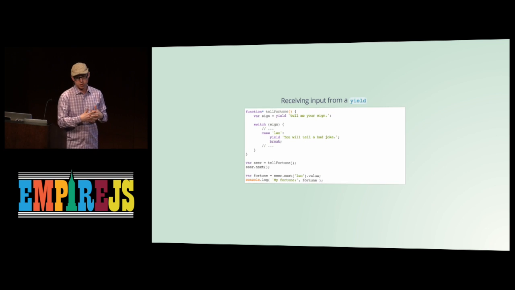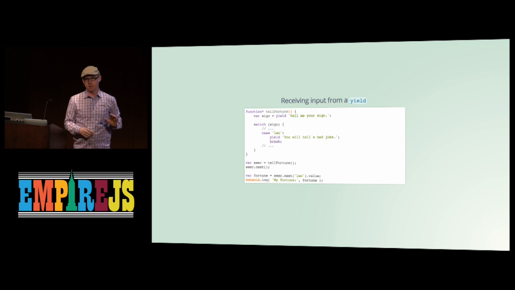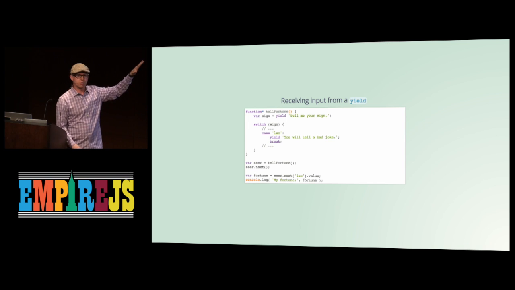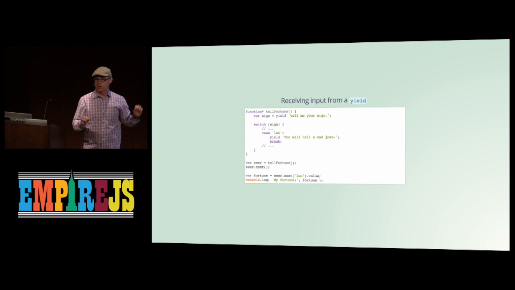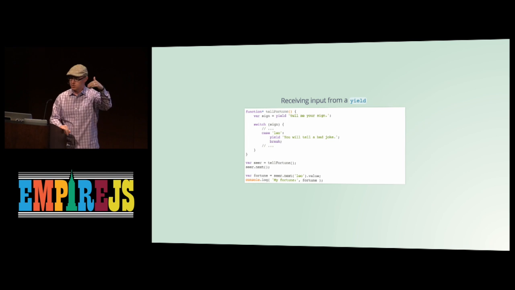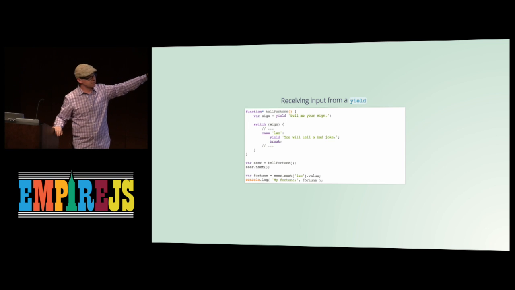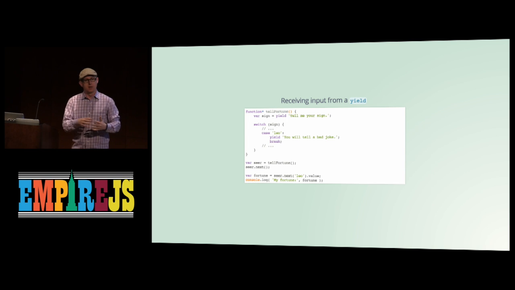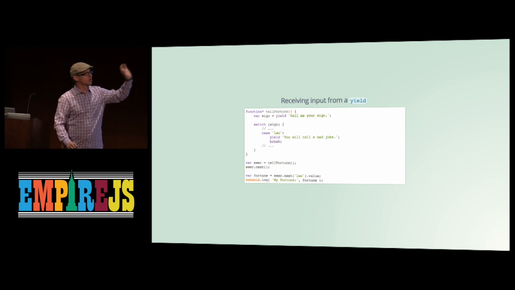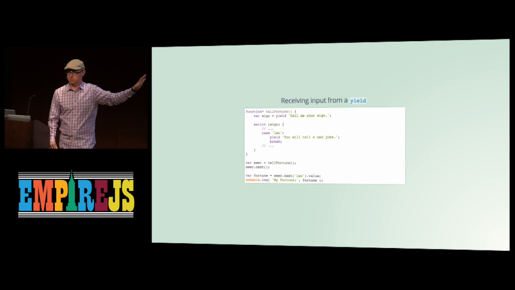So here's a very simple fortune teller, and you can see it's got a yield statement at the top, and it says, tell me your fortune. When we execute this code, we create the generator object first, and we call next the first time. And remember, that begins execution, and it pauses at the first yield. Now, when I call next the second time on the second to bottom line there, I pass in Leo as my sign, which it is, into the next function,